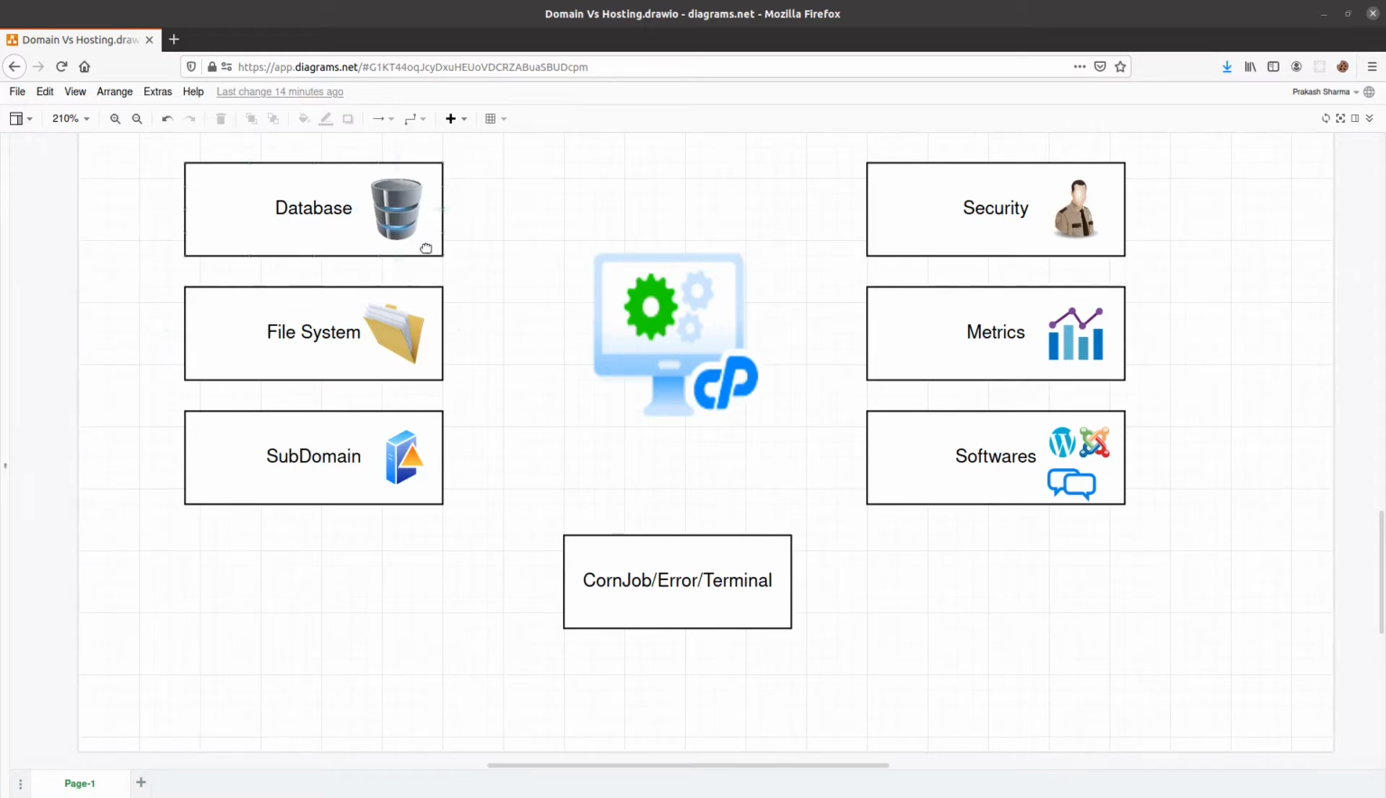So let's jump on. All the resources related to your hosting can be managed through cPanel. cPanel will give you access to all the details of the database that your application has access to, the file system that your application is currently using, how you can manage the subdomains on your website, and how you can manage the security of the website,